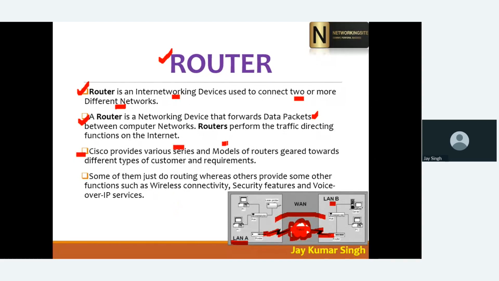So depending on the model, your router capacity will increase, meaning how much load your router can support, whether your router can work locally or globally. When you want to make a router work globally, you need a heavy router. So whenever you want something for a large network, you have to choose the heaviest series. The series models are divided into three categories, which we will see in the coming sessions.